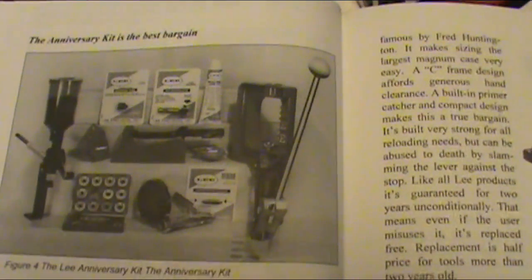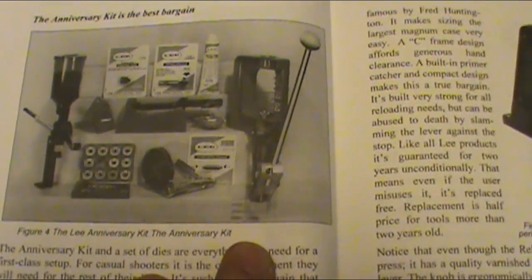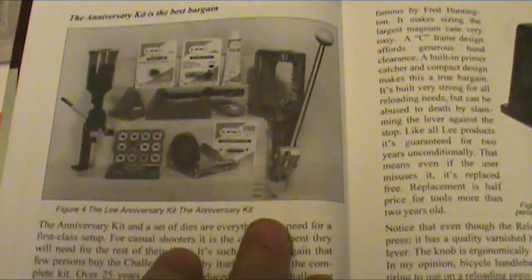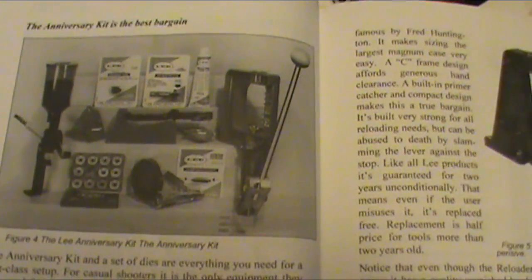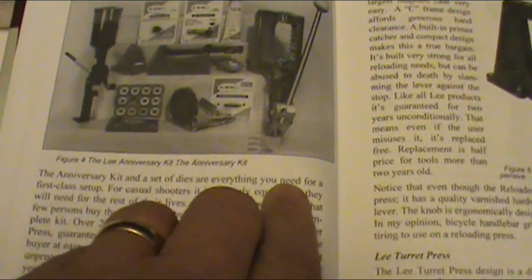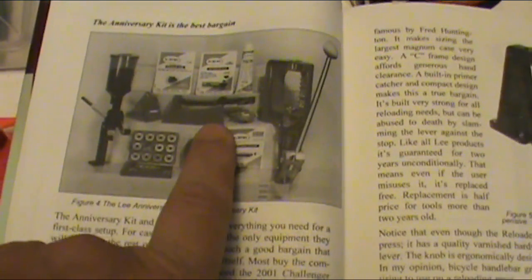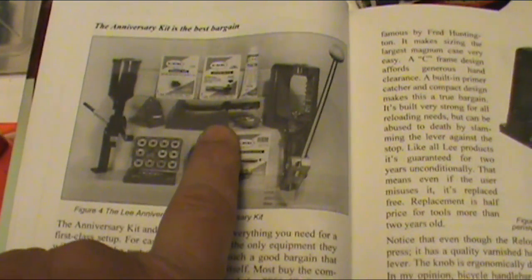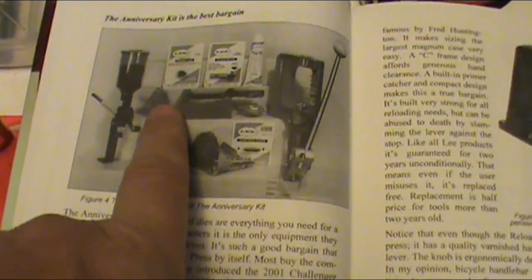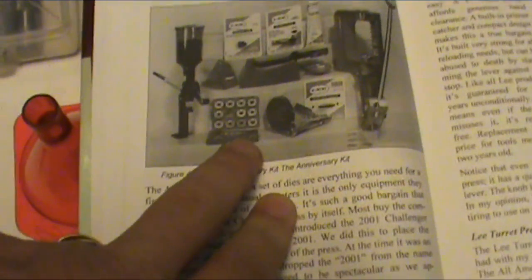This right here is the anniversary kit, Lee Anniversary Kit. This is a single stage press kit. It comes with everything but the manual that you would need to get into reloading and your dies. It has the press, single stage press, has a balance beam type scale, a funnel, a perfect powder measure. It has the